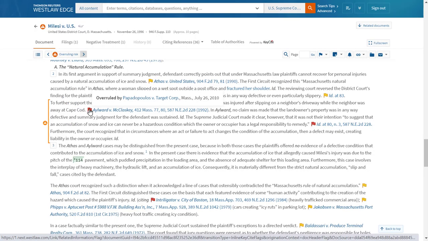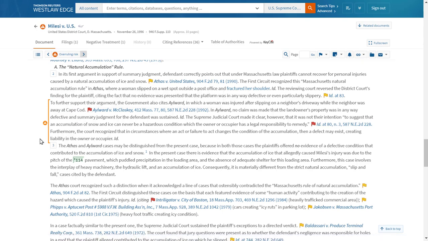We notice that the court in Malesi applied the natural accumulation rule in determining whether or not the defendant property owner was liable to the plaintiff for injuries he sustained after a snow and ice slip and fall accident on the defendant's property. Just for some background, the natural accumulation rule standard places liability on a property owner when the accumulation